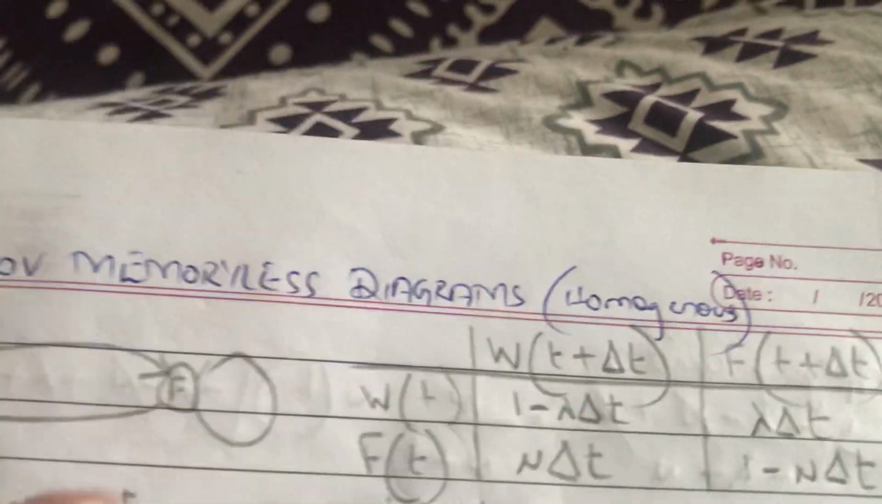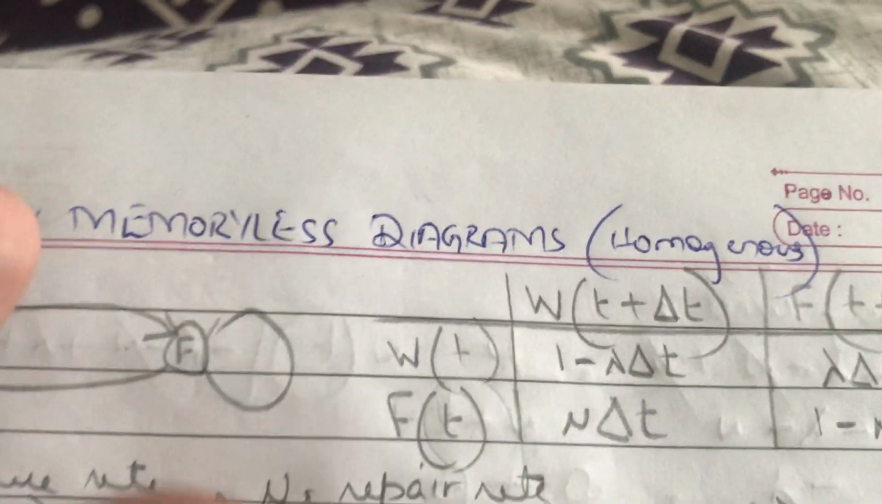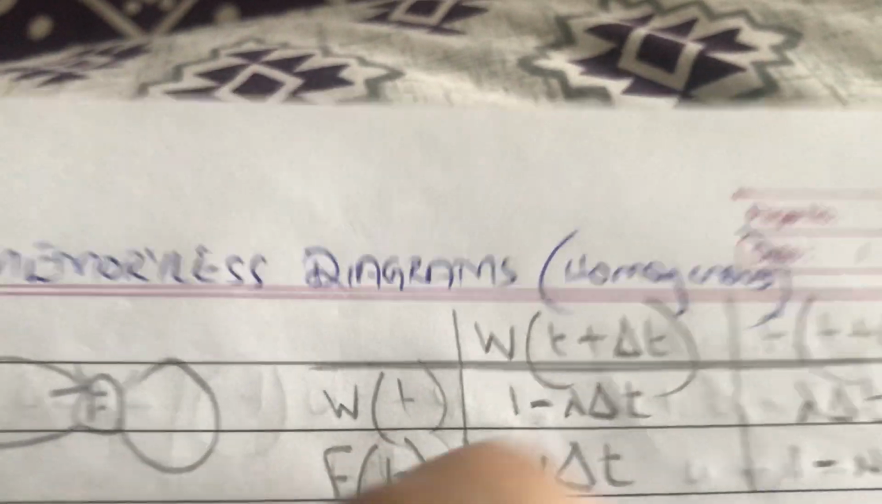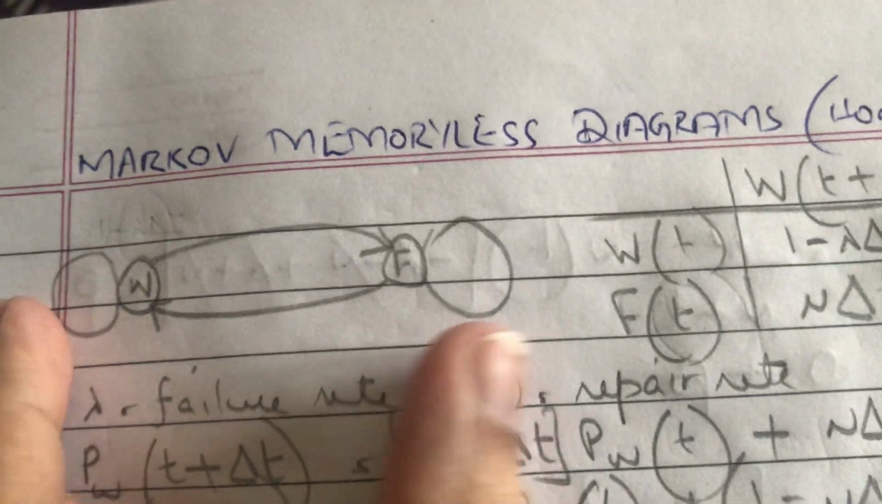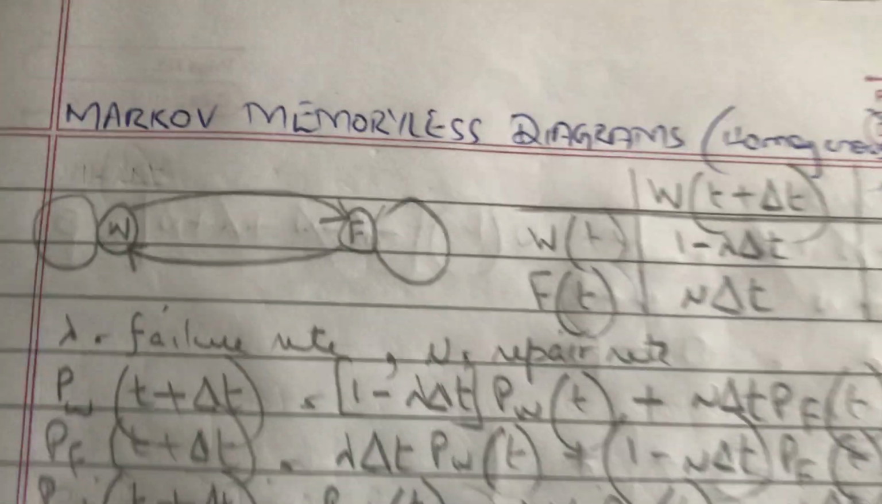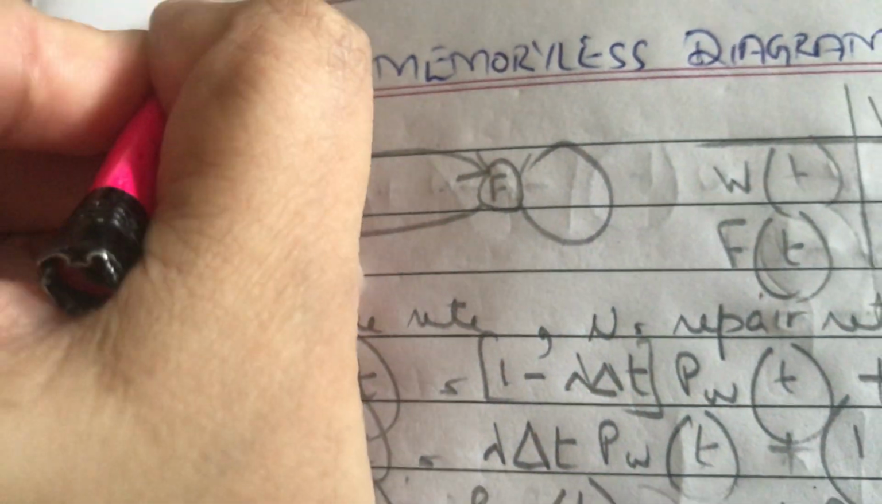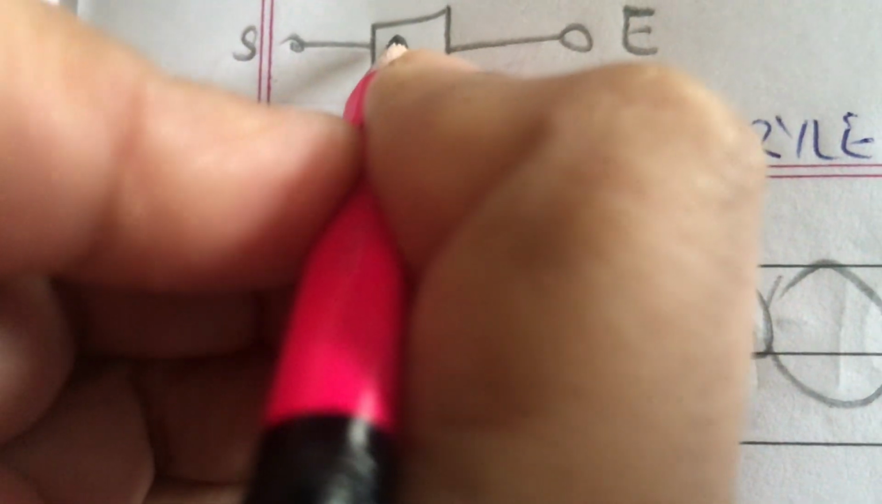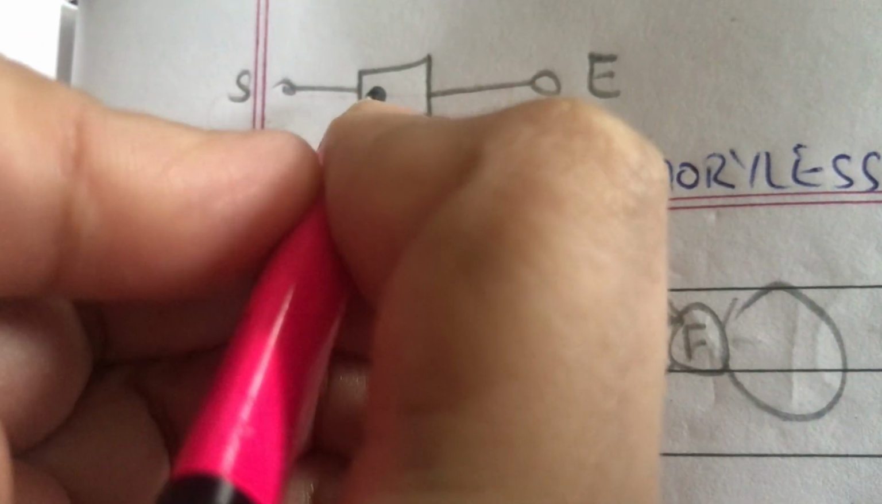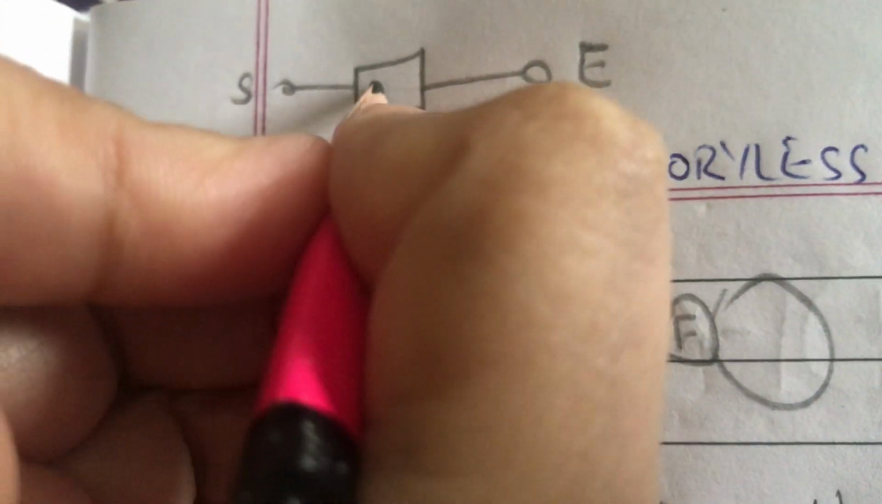and how can we provide this table? Not solve, I mean how can we fill in the values of this table. Suppose we have just an RBD like this. Here is the start point and here is the end point. RBD is the reliability block diagram. Suppose this is our element. We have only one component in this RBD,